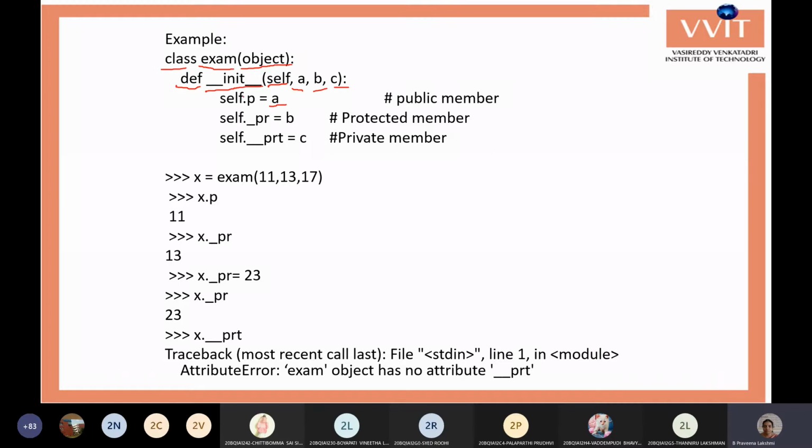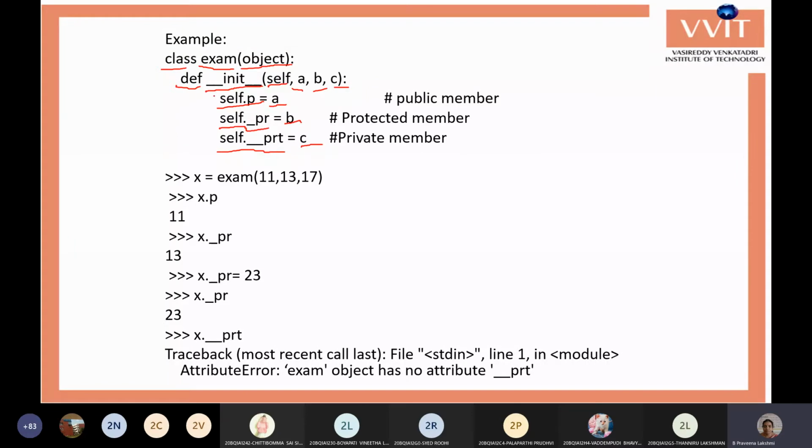Okay, a is assigned to a public variable. How can you say that this is a public variable? No underscore symbol in the name. B is assigned to the protected variable, because it has one underscore symbol. And C is assigned to a private variable, which has two underscore symbols.